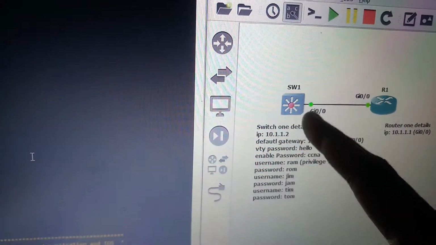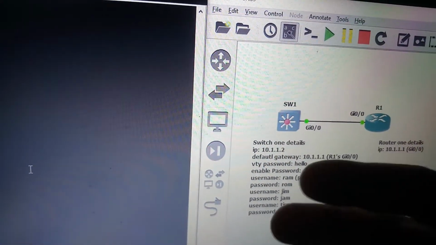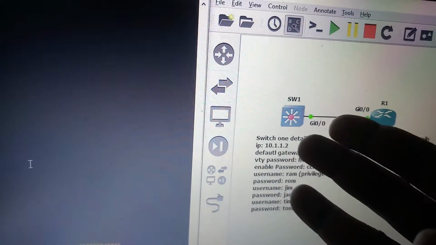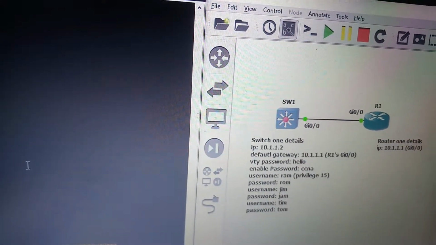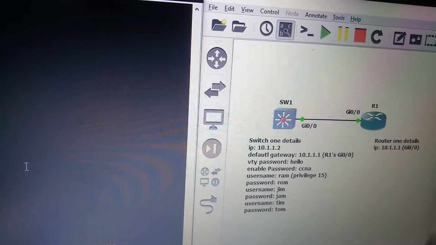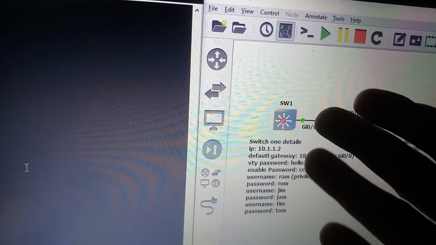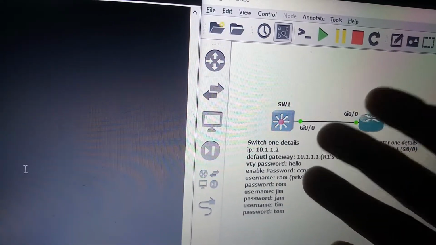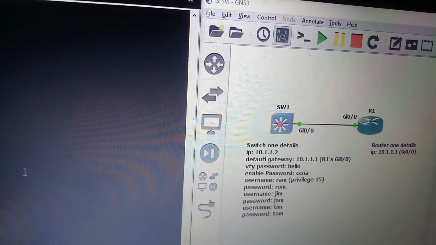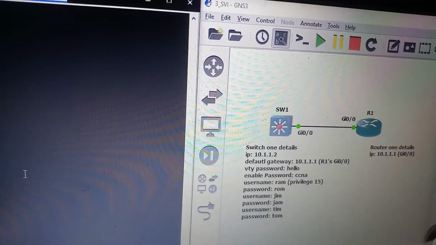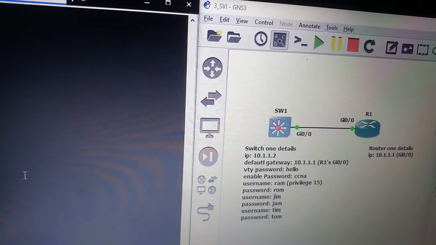Here in switch 1, or any Cisco device, usually auto negotiation is on. What is auto negotiation? If two devices are communicating, they need to be in the same speed and duplex for proper communication. If they are not, it will not work properly.